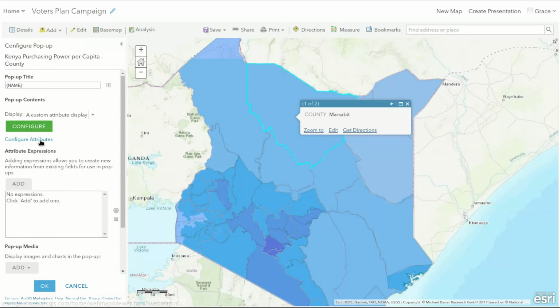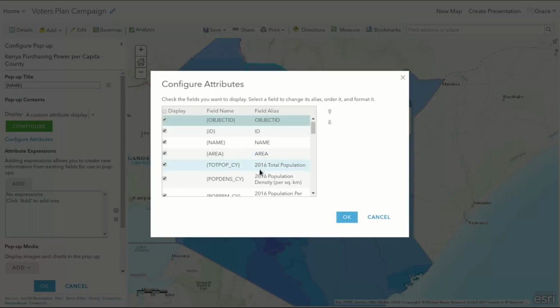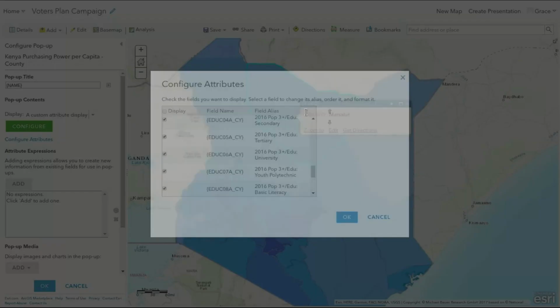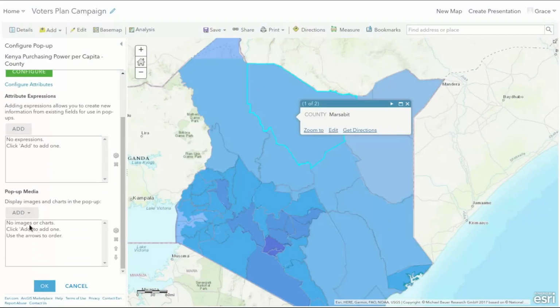So you're going to select configure attributes, and what we need to do is add a graph to show the purchasing power. So just go to add pop-up media and we'll add a bar chart,